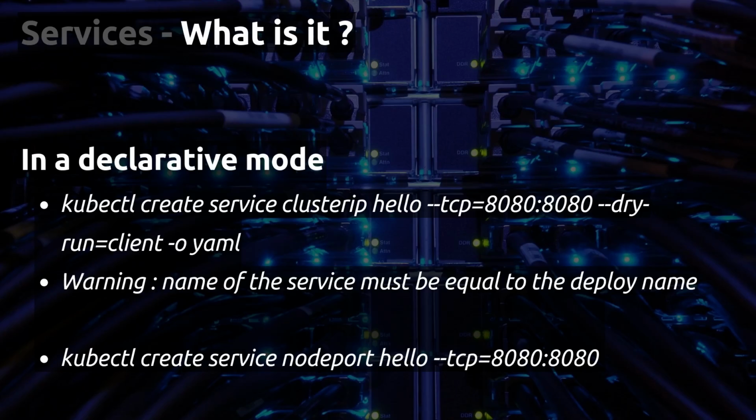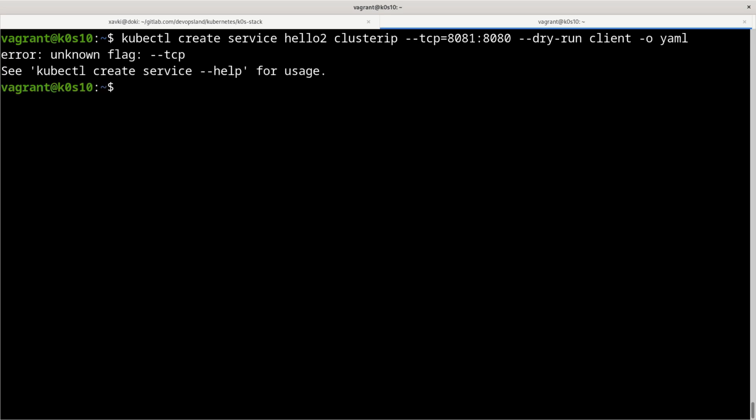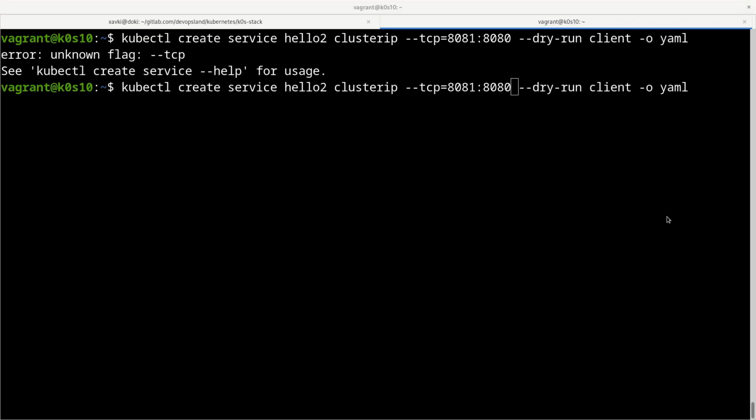And after that, we want to generate the manifest. We can use the dry run, set it to client. So the equal sign is not needed, it's not a formal dry run client like here, and -o yaml to generate the YAML file.